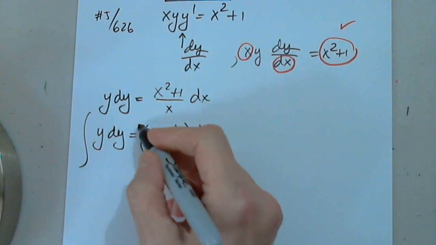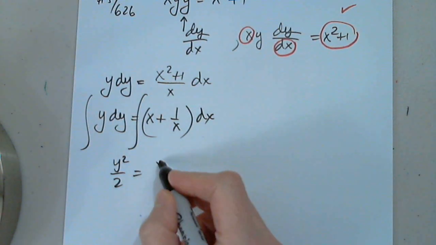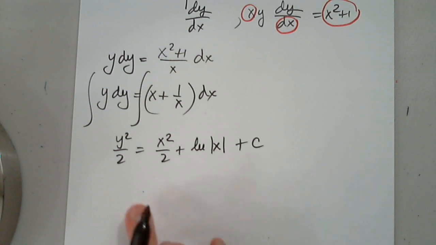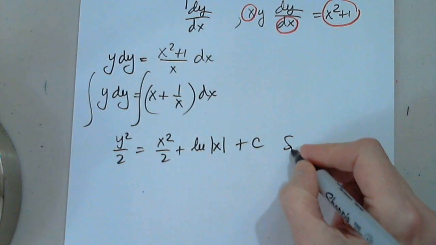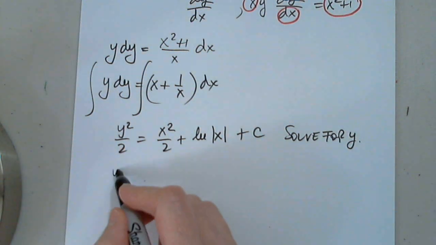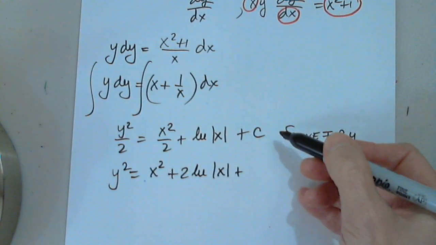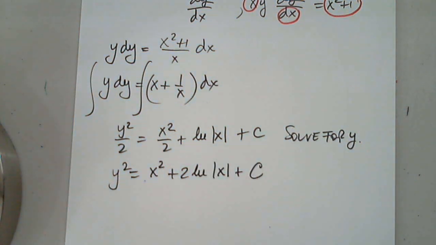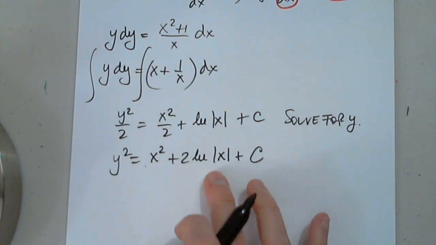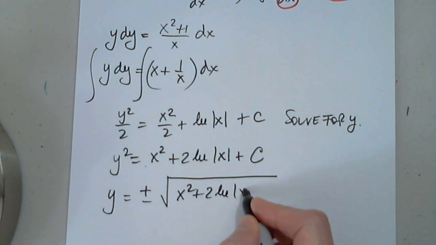Now we are allowed to integrate both sides. The left-hand side will be y squared over 2. The right-hand side is x squared over 2 plus natural log x plus a constant c. We want to solve for y. We'll multiply both sides by 2. y squared equals x squared plus 2 natural log of the absolute value of x plus 2 times a constant. It's still another constant, which is considered c. It doesn't matter. Good. So in order to find y, I have to take the square root of both sides, and I get plus or minus the square root of x squared plus 2 natural log absolute value of x